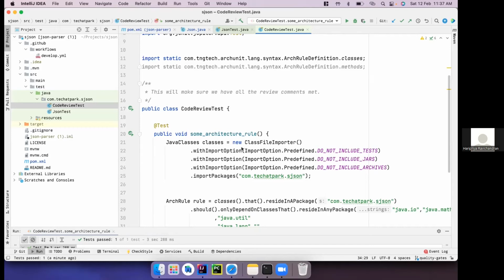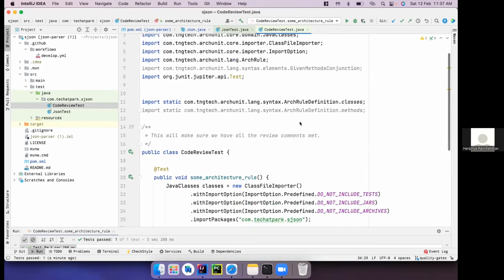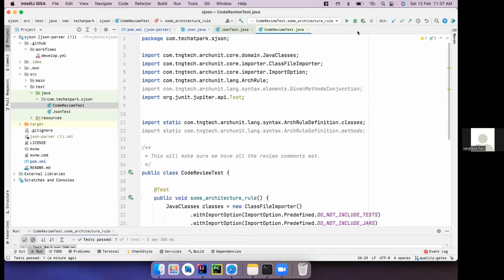So as I said earlier, it is a code coverage report generator. What we are going to use is JaCoCo, and I'm going to add a Maven plugin for JaCoCo. But in IntelliJ, they have provided this plugin by default. See here, we can run our code with coverage. It says that we can run our package with coverage.